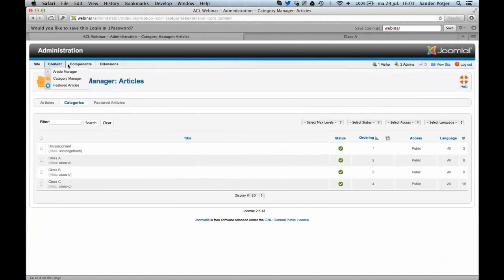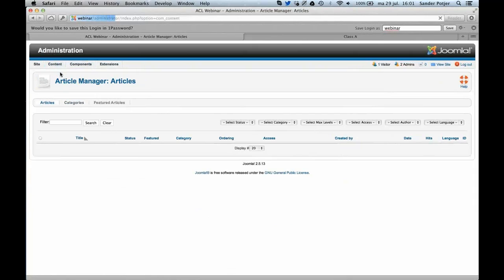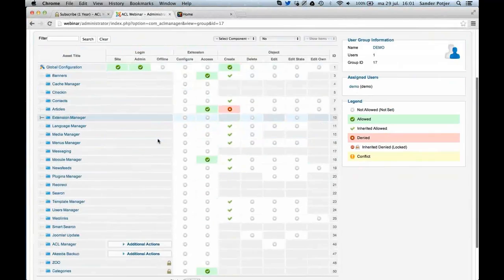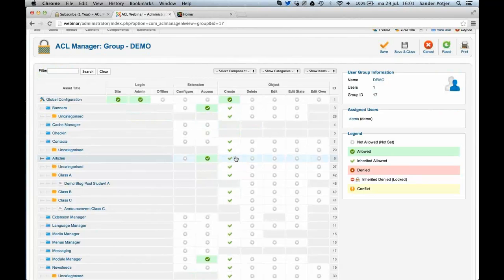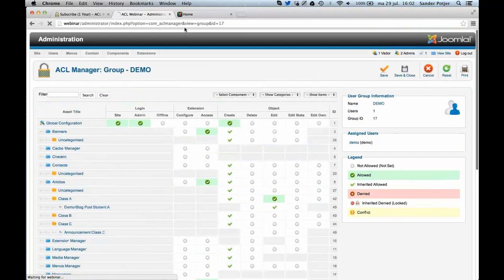Another cool thing is that I get that request quite often: you only see the articles you're able to edit. So in this case, my demo user group is not able to edit the articles created by the students because I didn't allow it yet. But when I would allow it, I go change some settings. So this is my demo group. I allow them to edit the articles of class A. And remember, I also created the C article, but I just allow class A, save it,